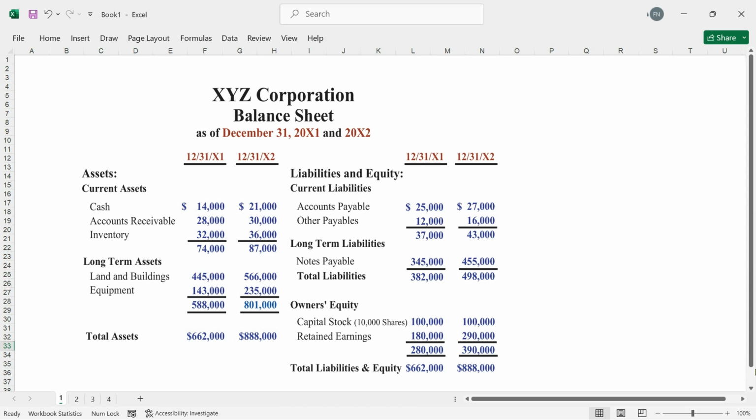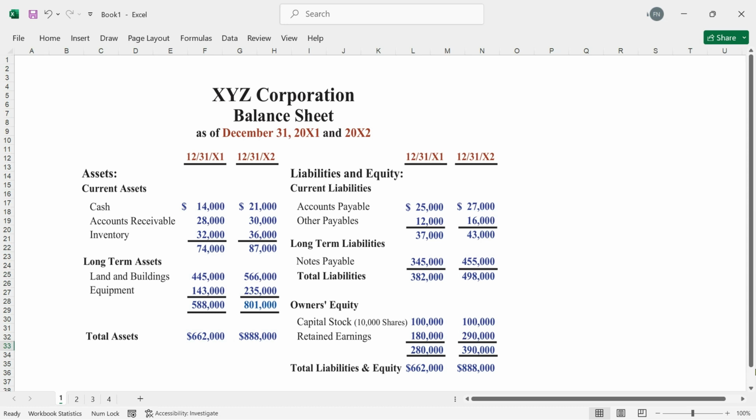It's important to properly designate the dates. In this particular case, this is a listing of the assets, liabilities, and owner's equity of a business, the financial position of the business, as of the close of business on December 31st, 20X1, and the close of business on December 31st, 20X2. In other words, under the assets section of the balance sheet for 12/31X1, at the close of business,